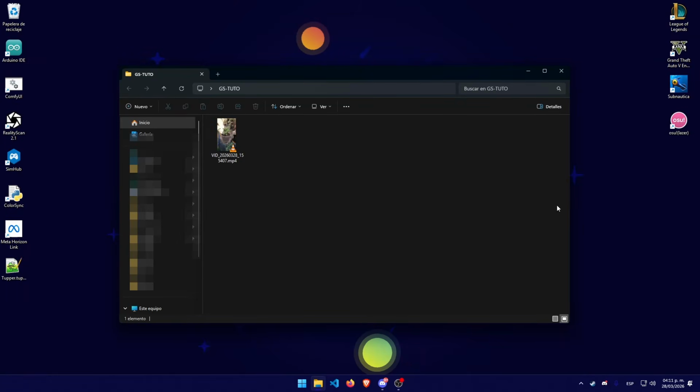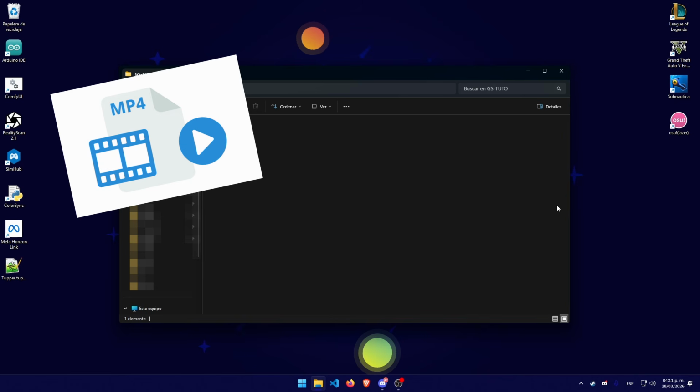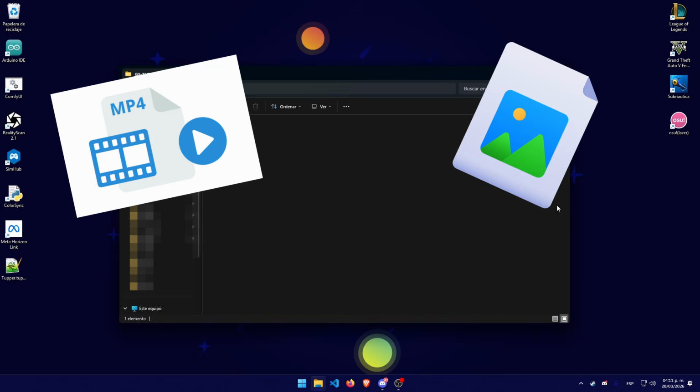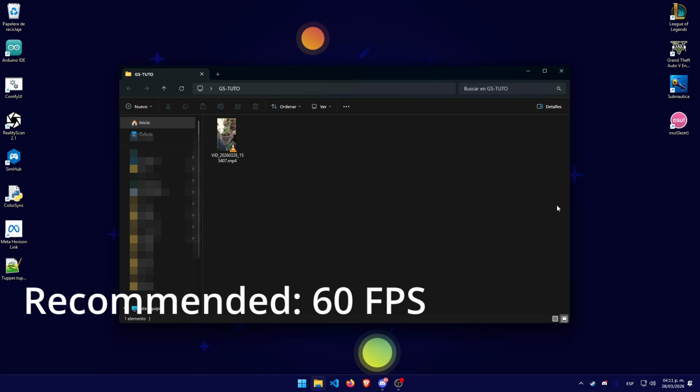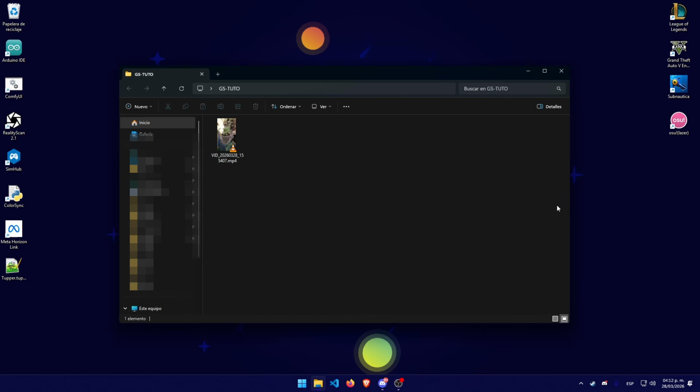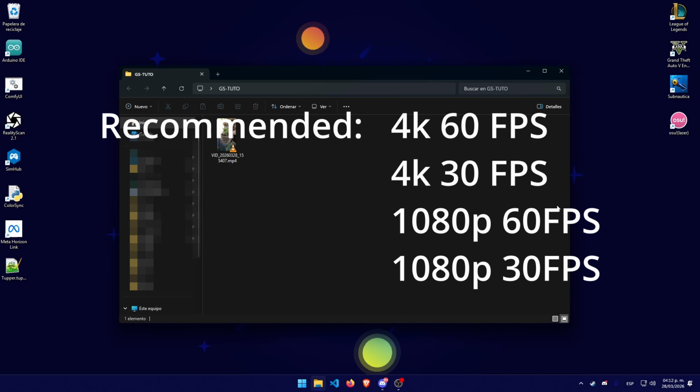First, you need to capture the object. This could be a video or this could be just still images. If you choose video, I recommend shooting at 60 FPS, recommended 4K if your device is capable of. If not, you can shoot at 4K 30 or 1080p 60 or 1080p 30, but I recommend to choose the